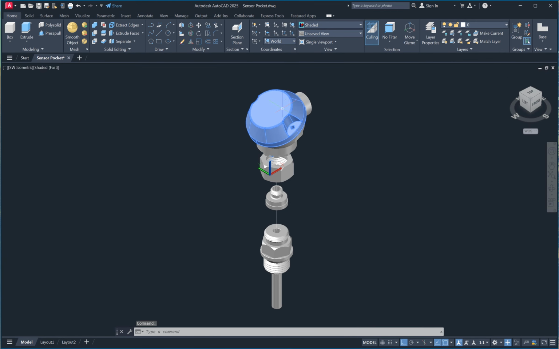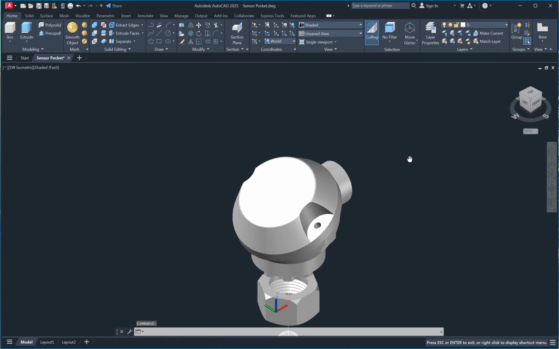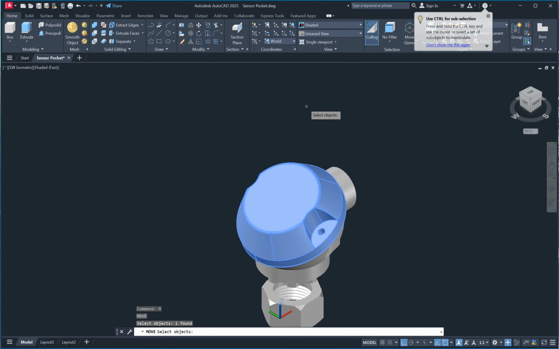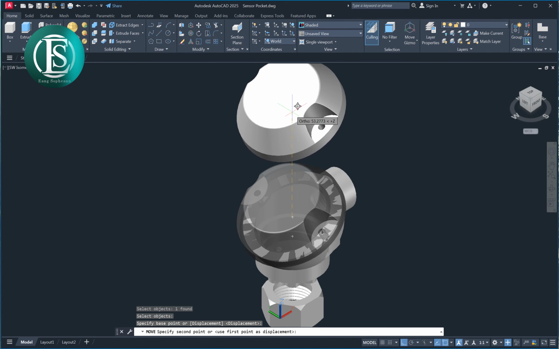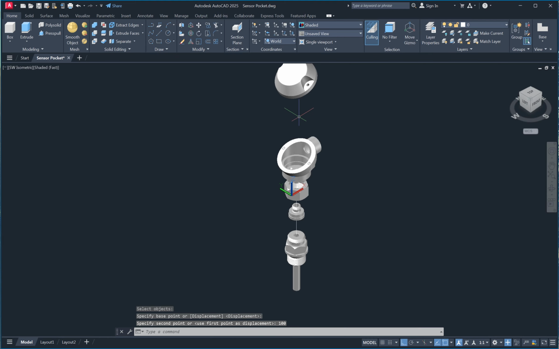Therefore I move the cover of the sensor pocket up by using command M, enter, select object, right click, specify base point. I can click here and specify second point. I give 100 up. Yes, like this.